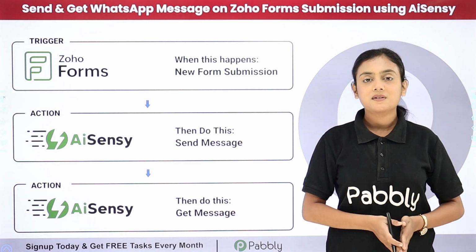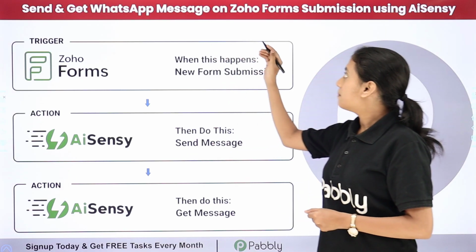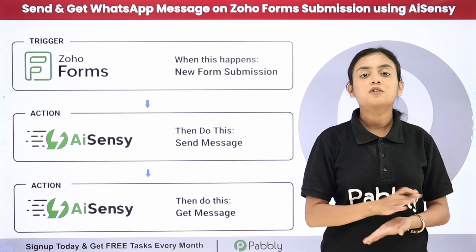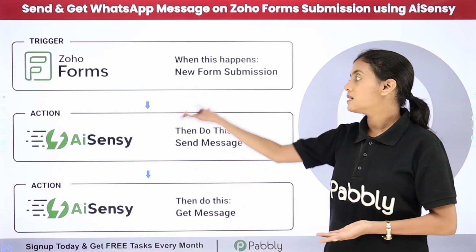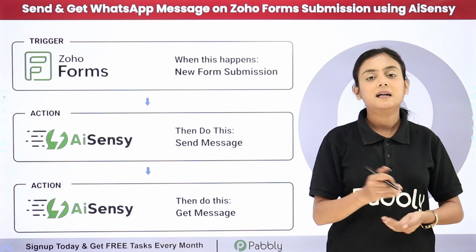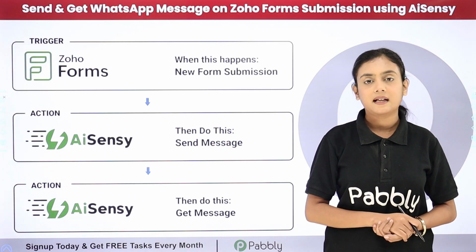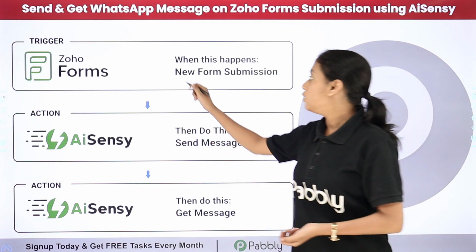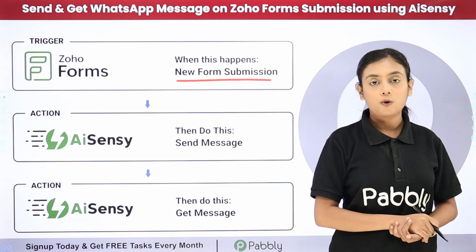In this video, we're going to learn how to send and get WhatsApp messages on Zoho form submissions using AiSensy. So I'm an owner of a real estate agency and using Zoho Forms, I have created an inquiry form with the help of which I collect my leads' details and the inquiries that they have. Here what I want is that as soon as a new form submission is done using Zoho Forms,